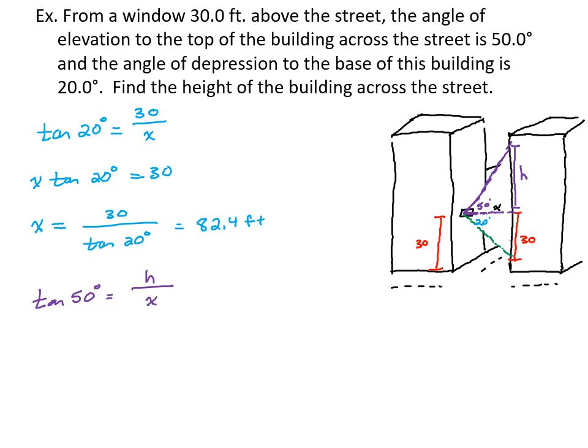But the x is 82.4. If I move the x to the other side, I would say that x times tangent 50 equals h, but you can go ahead and put the x in there. 82.4 times tangent 50 equals h. And then we go back to the calculator. 82.4 times tangent of 50 will give you about 98.2